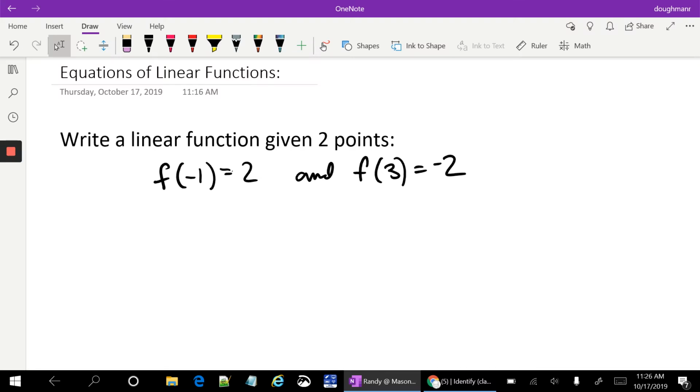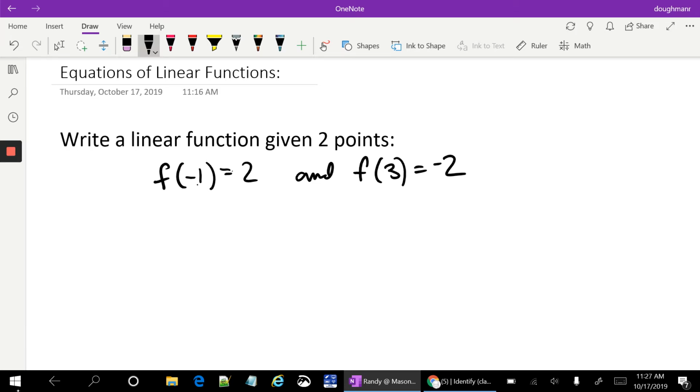All right, hopefully this is a bit of a review, but we're going to write linear functions given 2 points. I'm going to write in point slope form, and I'm going to write in y-intercept form because I think both are valuable. So the first thing we have to realize is write a linear function given 2 points. The 2 points here,